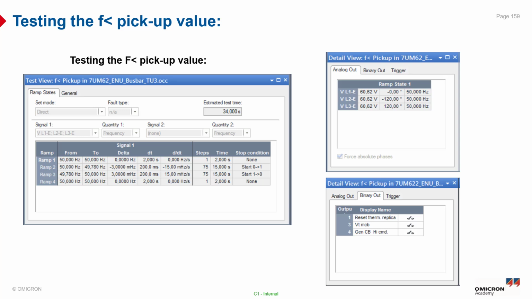During the test, nominal voltage must remain applied throughout the entire sequence to prevent unwanted operation of the under voltage protection or blocking of the frequency function. Depending on the protection scheme, it might also be necessary to simulate additional substation conditions such as circuit breaker closed signal to disable any blocking of the under frequency protection and ensure the relay responds correctly to the frequency drop. So you can see here from the ramp test we have 4 ramps, so ramp 1 and ramp 4